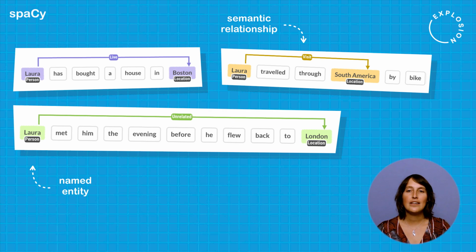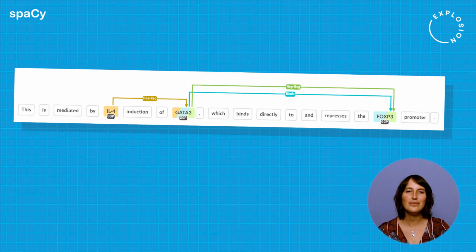Is the person living in that location? Are they just visiting? Or are the two mentions unrelated? If we're working with legal text, you might want to connect the name of the judge to the correct case name. Or perhaps you're parsing news articles in search of mergers and acquisitions and trying to understand the connections between the various companies and individuals. There is no limit to the number of use cases and domains relevant for relation extraction.